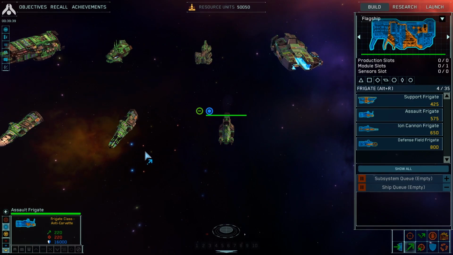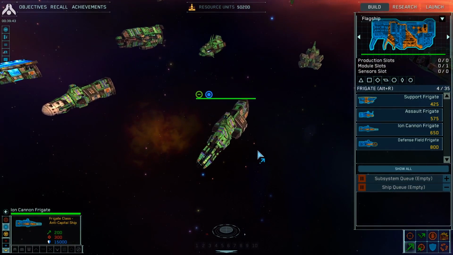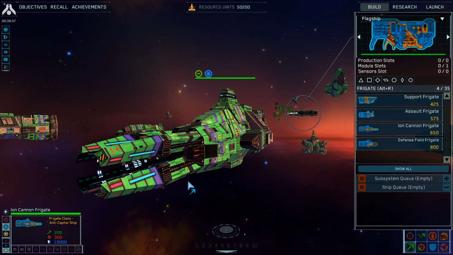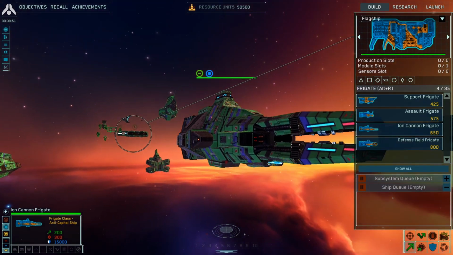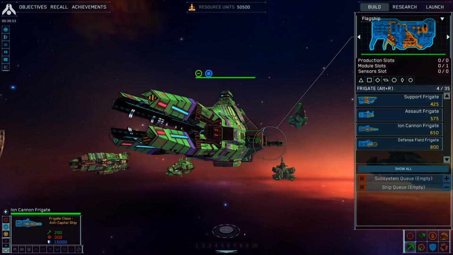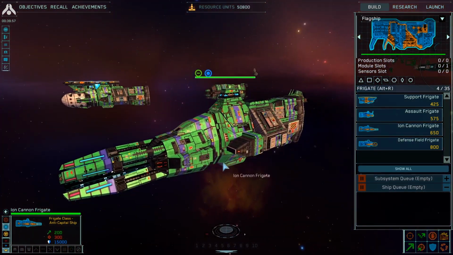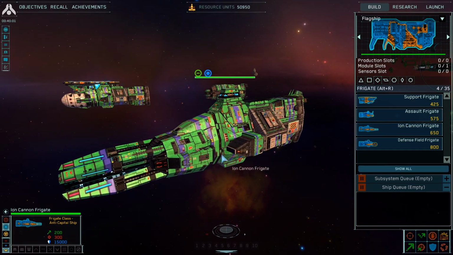And now next we have my all-time favorite ship in the Homeworld universe, the ion cannon frigate. I don't know if I like this one better than the Kushan one. I still go back and forth between which one I like. I like this one because you can see the beam coming out of the sides when it launches. But anyways, the ion cannon frigate is a ship with a built-in particle cannon